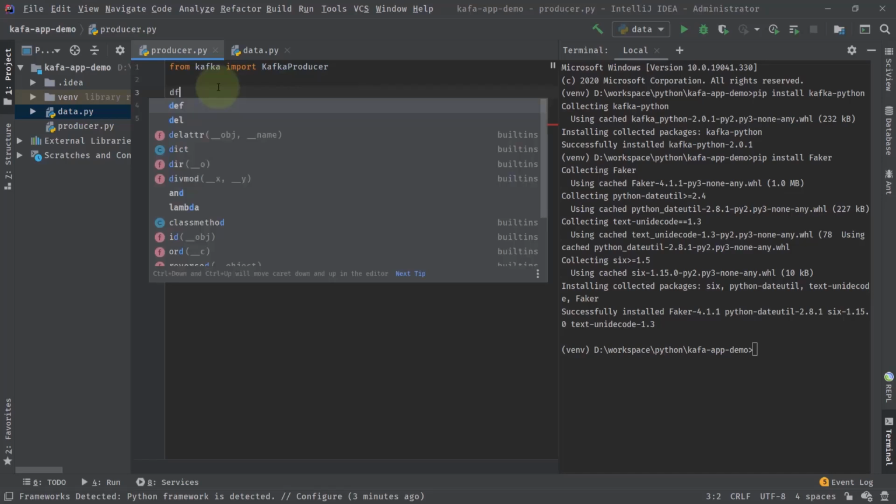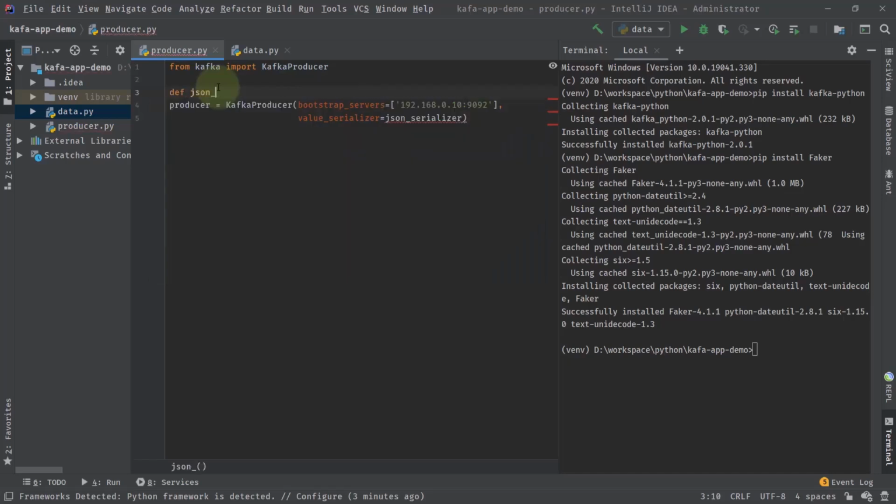So I'll say def json_serializer. This will accept the data. When this producer runs, every time you send data, it will call this json_serializer method over that data, and then you need to return something. In the return, I will just serialize it. Serialization of JSON is very simple.